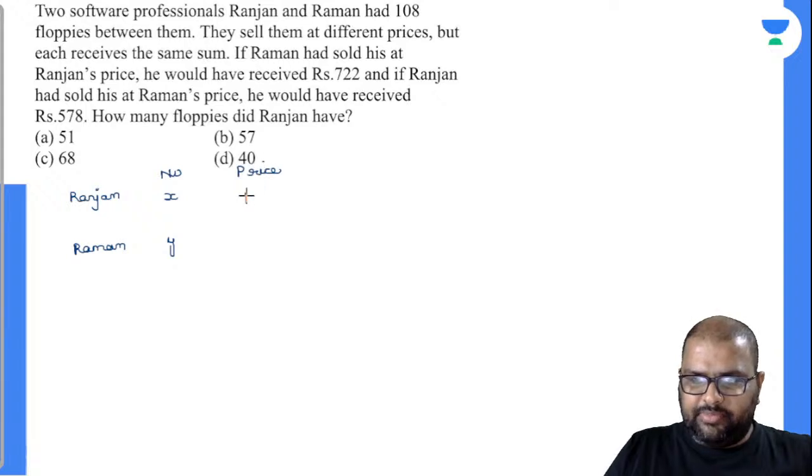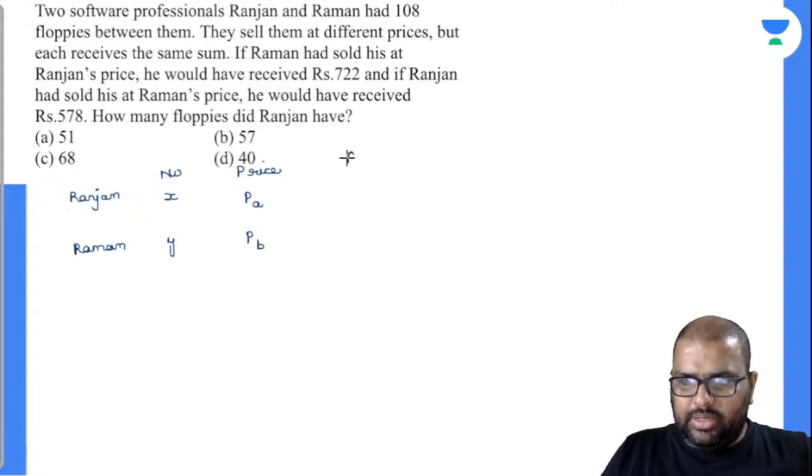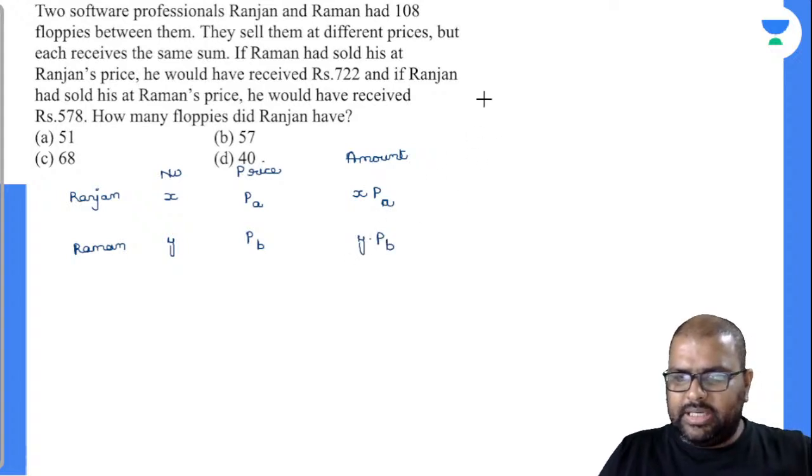Ranjan sold at a price of PA. Raman sold at the price PB. Of course, the amount received by both of them is the same, it seems. So the amount is nothing but the number of floppies into each floppy price. So according to the question, X into PA is equal to Y into PB. So finally, can I write like this? PA by PB is nothing but equal to